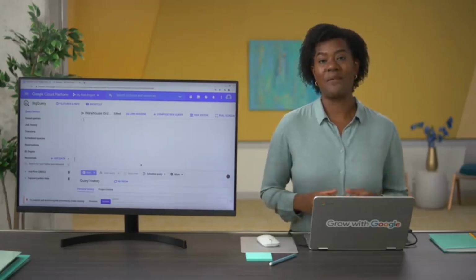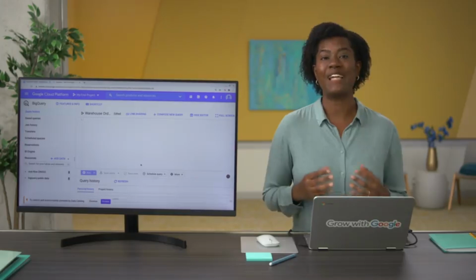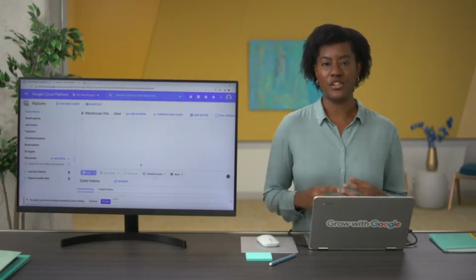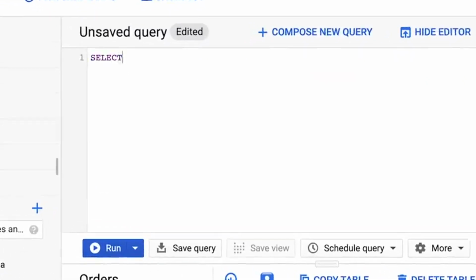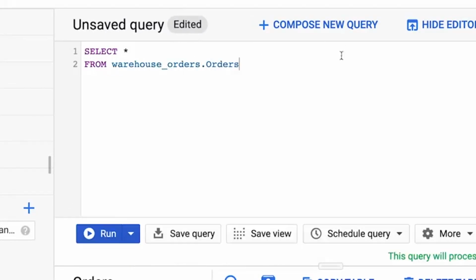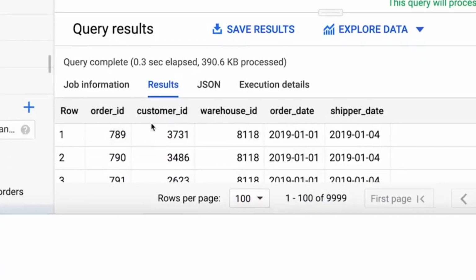So let's try to aggregate our data with subqueries and test out these new functions. Let's say we're working with a company that makes socks that we talked about earlier. We've been asked to calculate what percentage of the orders are fulfilled by each warehouse. Basically, we're interested in knowing which warehouses are delivering the most orders. We've seen these tables before, but as a quick refresher, here's the orders table. You can see the columns here: order ID, customer ID, warehouse ID, order date, and ship date.